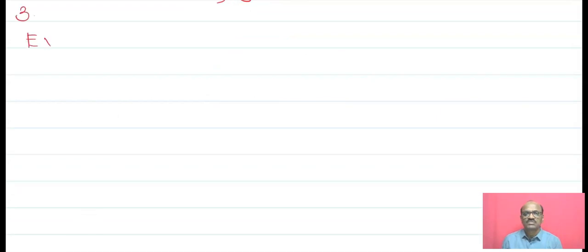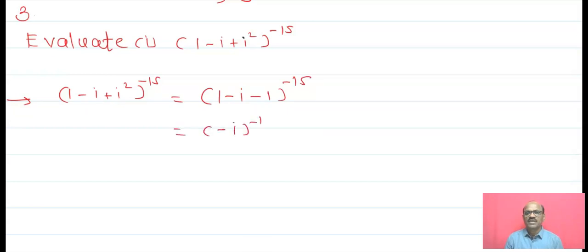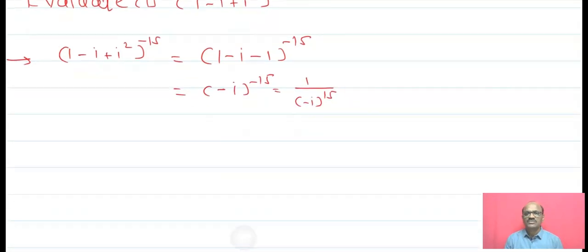Now question number 3. Evaluate (1 minus i) square bracket to the power minus 15. Now this is a very simple example. The value of i square is minus 1, and plus 1 minus 1 get cancelled. You will get minus i raised to minus 15. Therefore minus i raised to minus 15 can be written as minus i raised to 15,